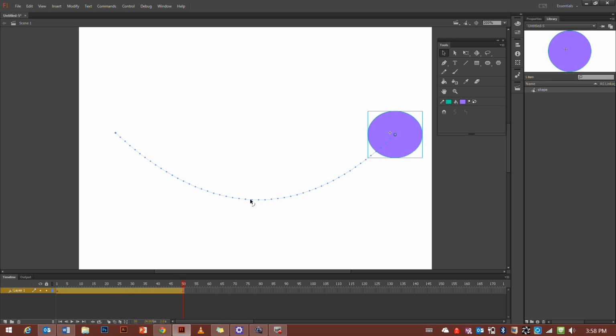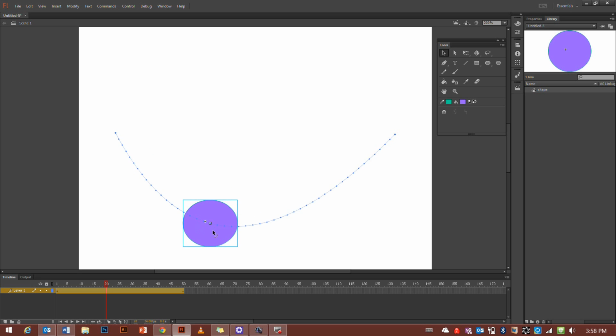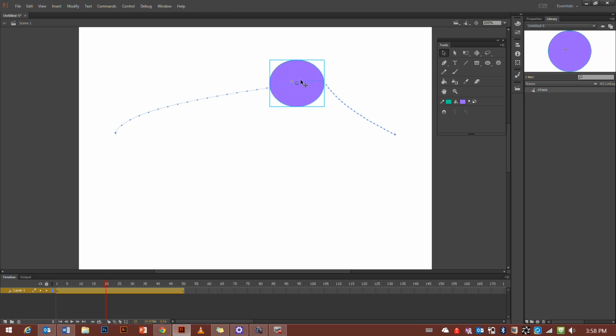So say in the middle here, I want it to move around and not just go in a smooth arc. I want it to be a bit more random. If I put my playhead on somewhere in the middle, like 20, and I click on this circle here, I can move it a bit still. And I can move this around. You see how when I've changed it now, when I went back up here, it's more of a wave shape now. So if I press play,